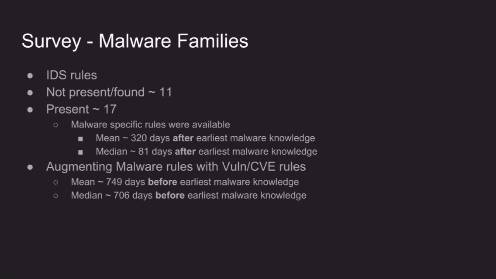And in general, these IDS rules for the malware family generally come 81 days after the knowledge about that particular IoT malware family is known. So it's an improvement compared to the CVEs, meaning that for the CVEs, the IDS knowledge comes 200-something days later. Here it is 81 days. It's good, but at the same time, if we take a different perspective and augment the